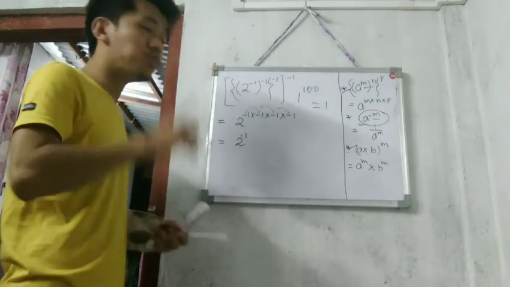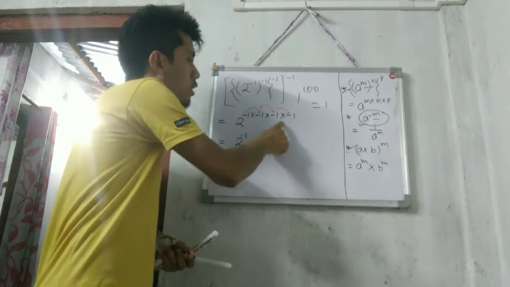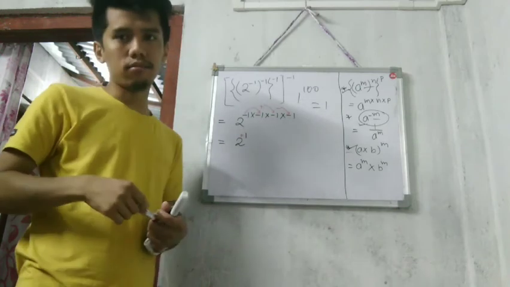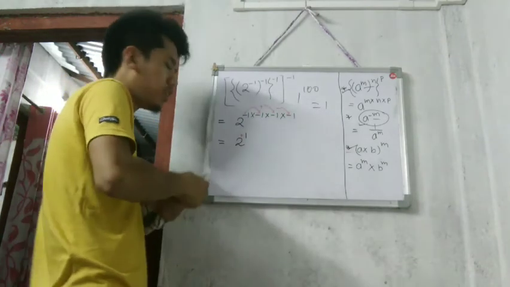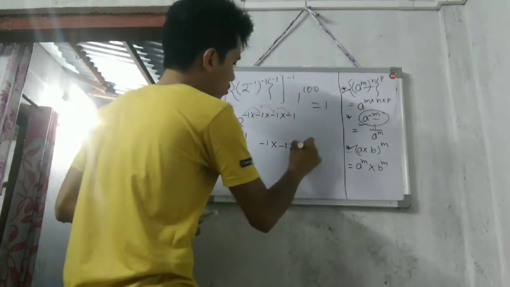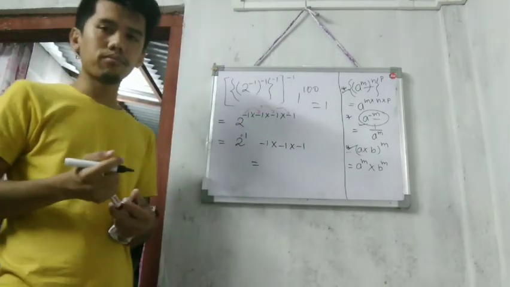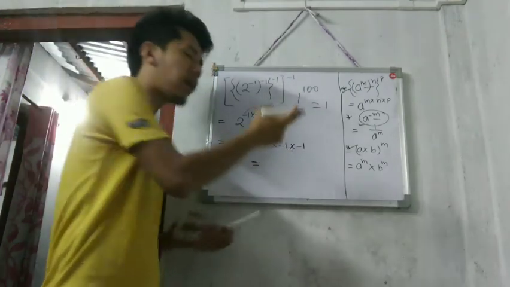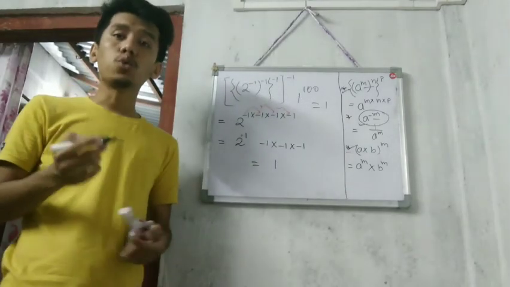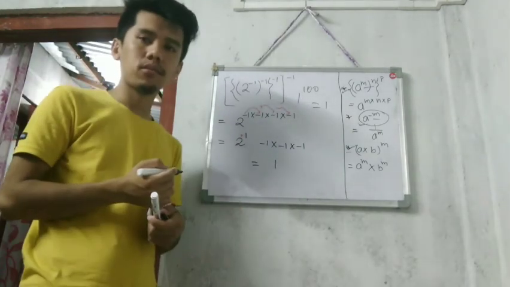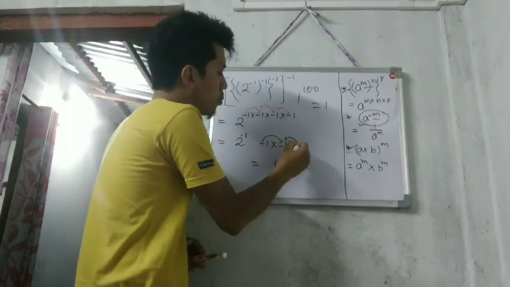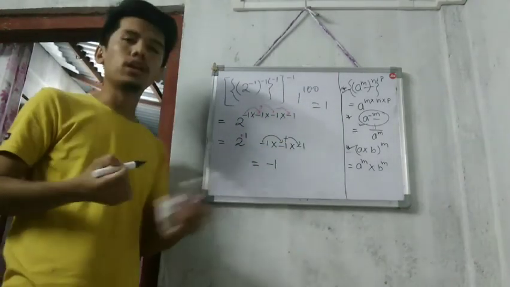Either you multiply the individual signs one by one, step by step, if they have only minus signs. Suppose you have to multiply the minus sign 3 times, that means minus 1 into minus 1 into minus 1. So 1 multiplying here 3 times will be 1 only. But what will be its sign? Either you may multiply 1 by 1: minus minus is plus, and plus and minus is minus. So it will be minus 1.